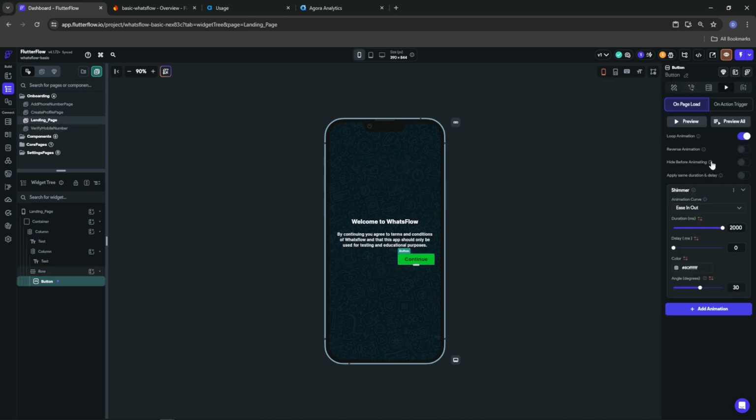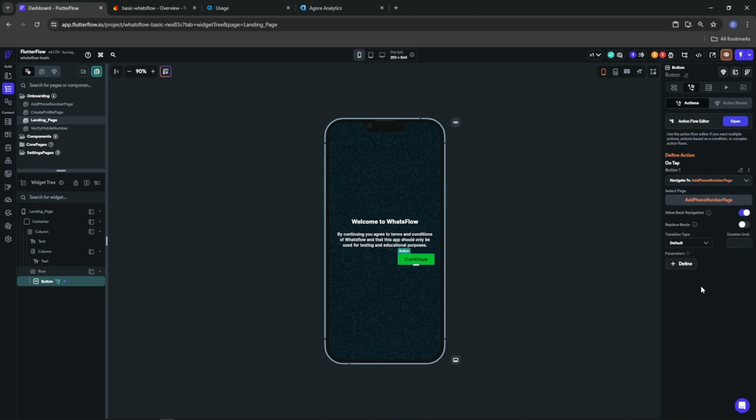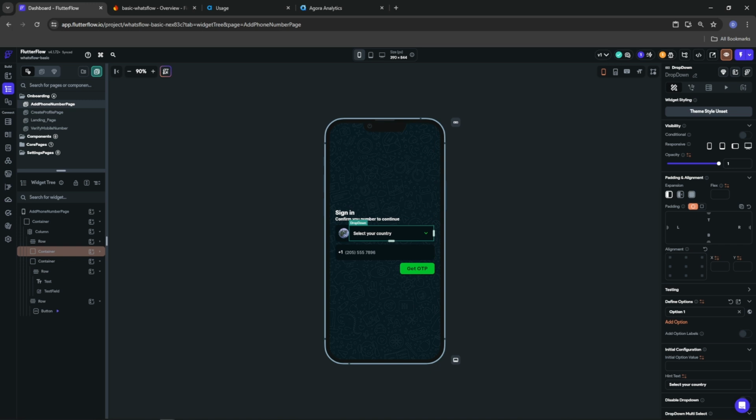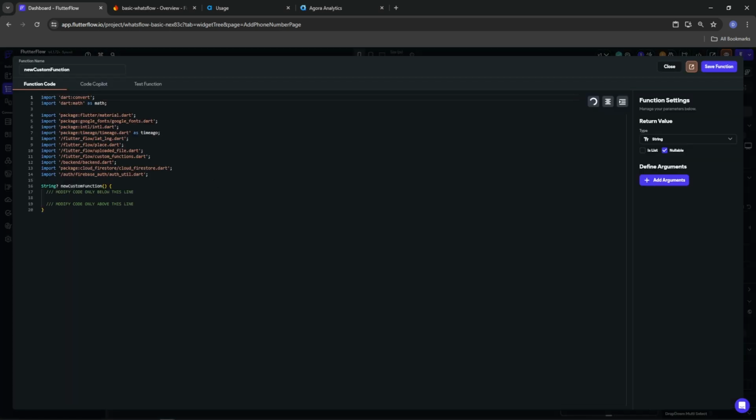Now for our landing page, we want to navigate to our add phone number. To do this, we're going to slide right, do it 250, and we're not going to allow back navigation. Then on our create profile or add phone number page, we now need to create our custom functions. And the first custom function that we are going to be creating is to get a list of countries, right? So to get a list of countries, we're going to click here on define options. We're going to go to custom functions, create a new function, and we can call this function the country list function. So country list,